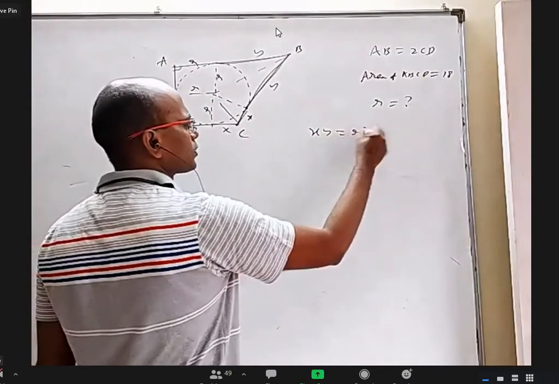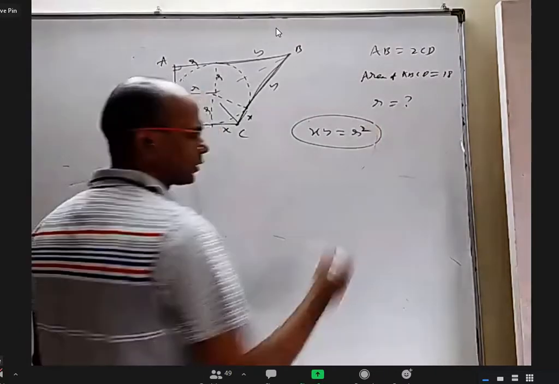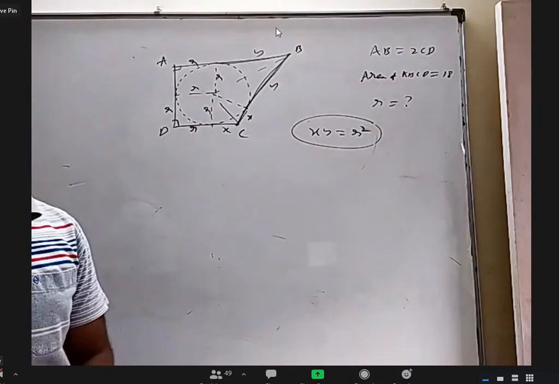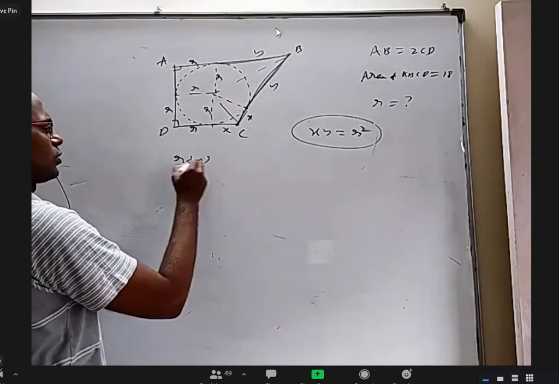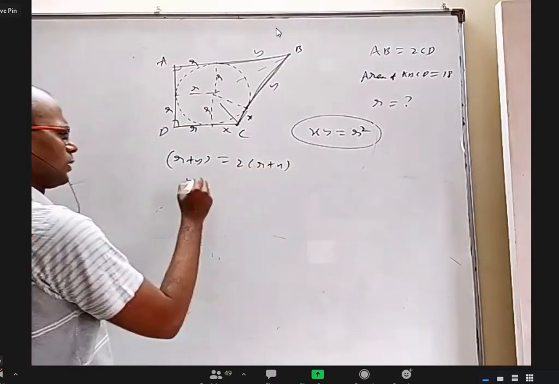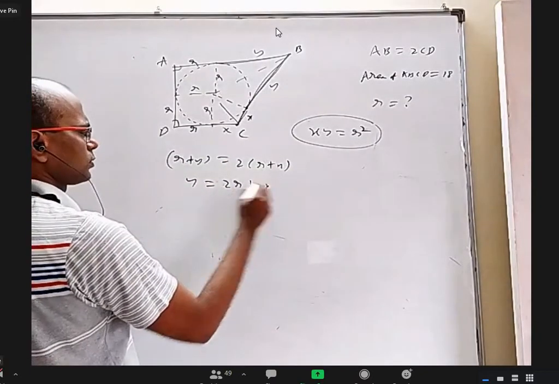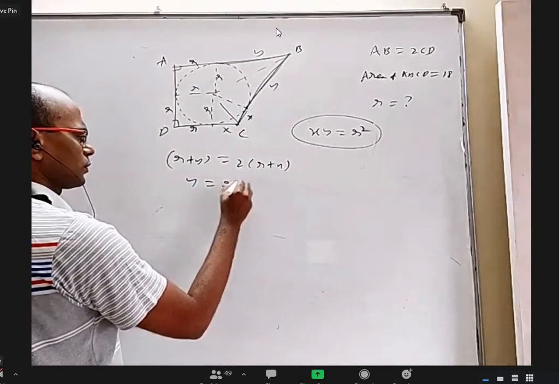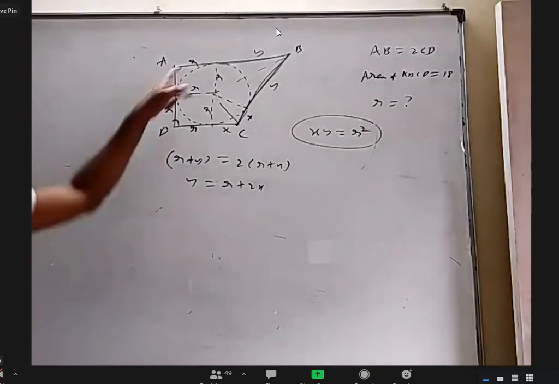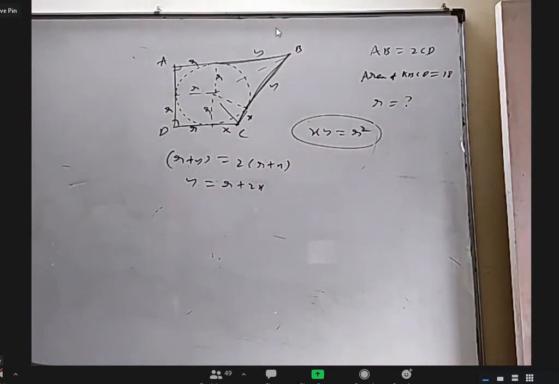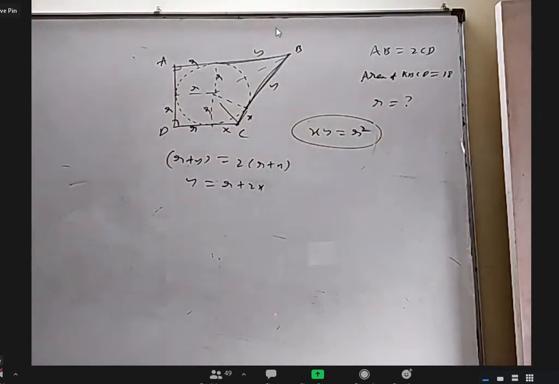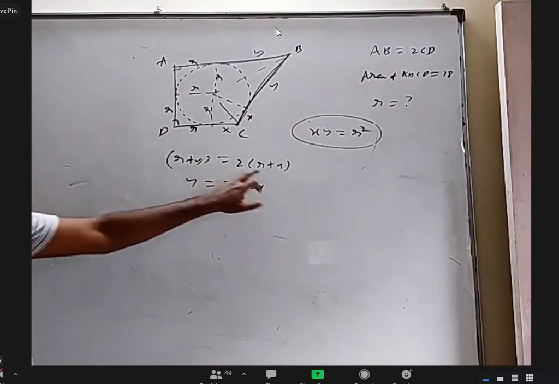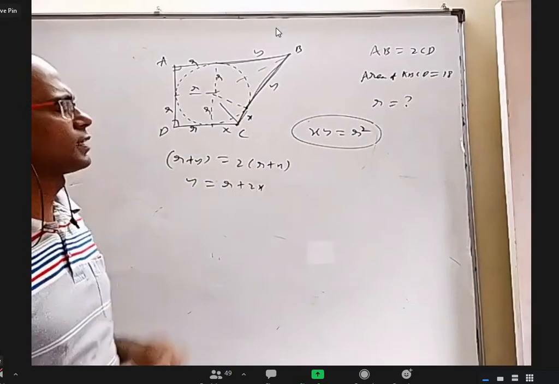We already proved xy equals r square in a Mains question; I discussed 3 methods also. But now this is double of this. So r plus y is 2 times r plus x, and y equals r plus 2x. Now simply use area, because we know everything in terms of r, but x is also there. We can use these two to find the x value.